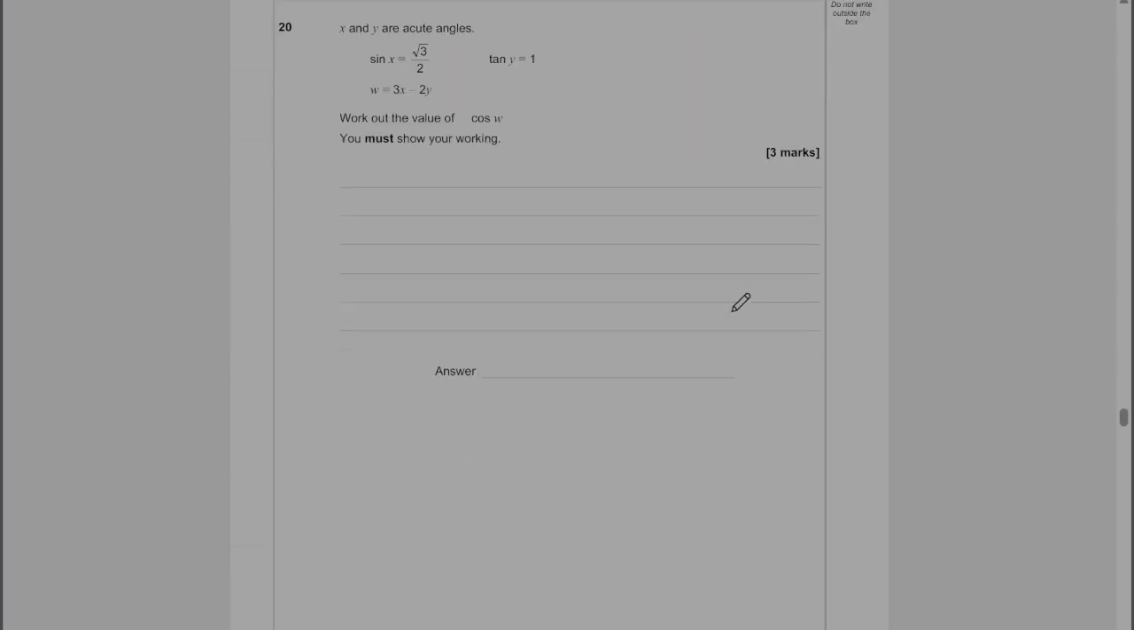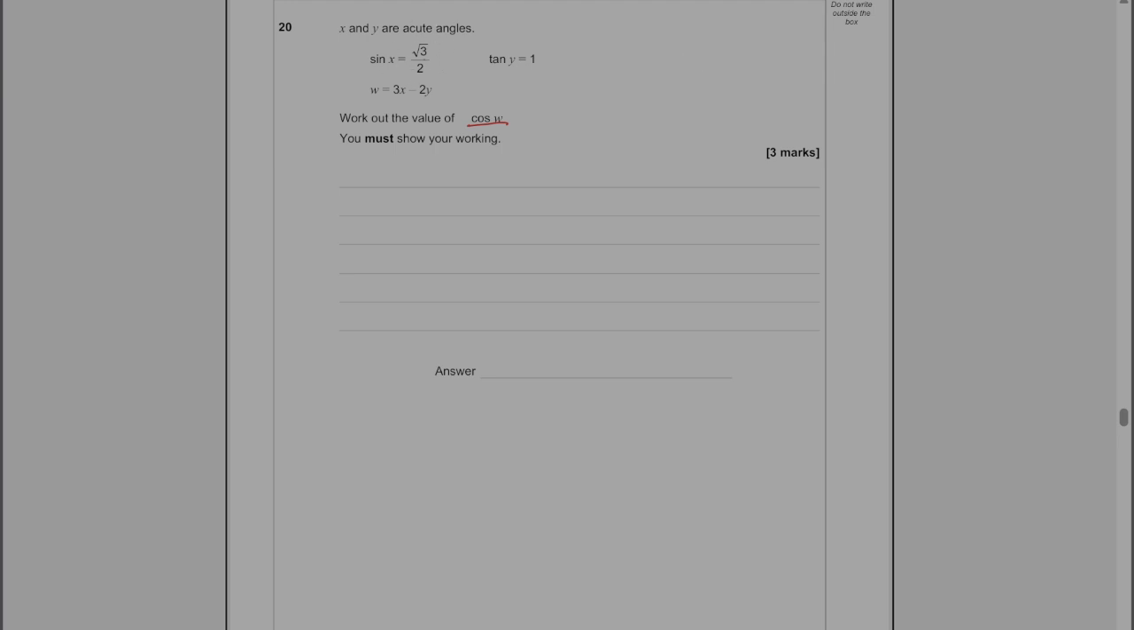Okay, question 20. X and Y are acute angles. Sine x is equal to root 3 over 2. Tan y is equal to 1. W is equal to 3x minus 2y. Work out the value of cos W. Okay, right. So let's start off with saying